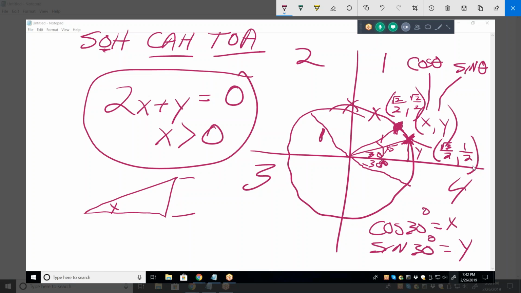To sketch the least positive angle theta such that 2x plus y equals 0 is the equation of the terminal side? That doesn't make any sense to me. I'm sorry. If it did, I would certainly say something, but I have no idea what they're trying to talk